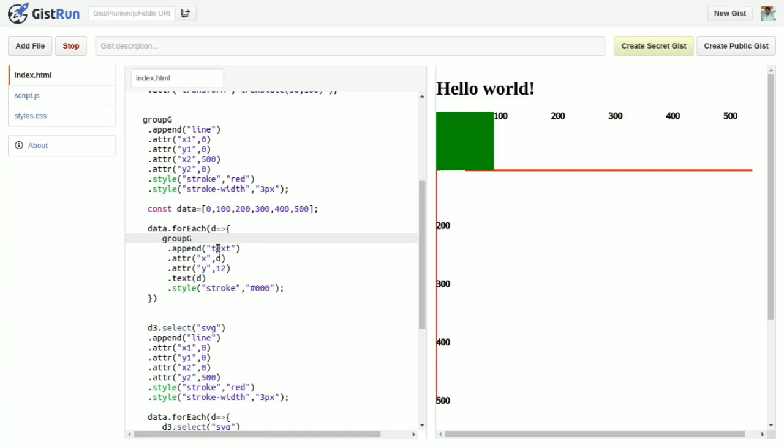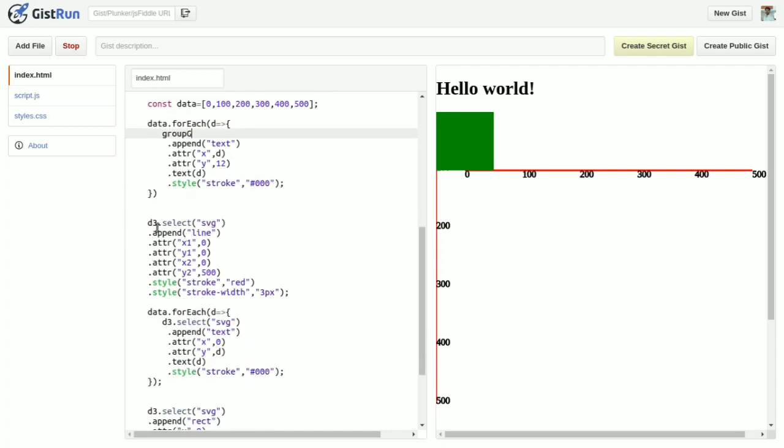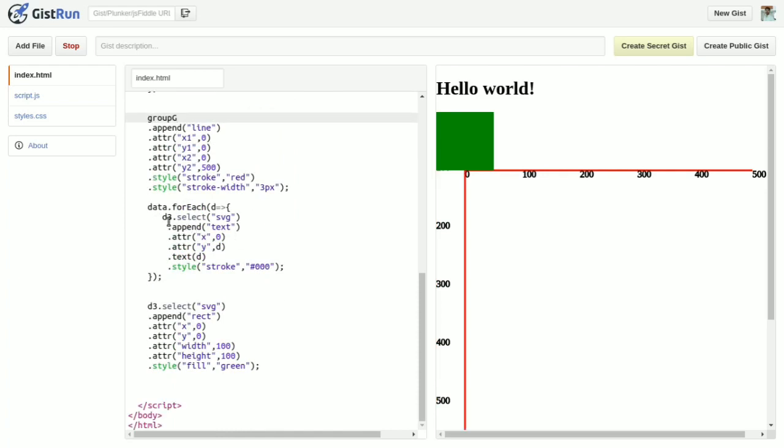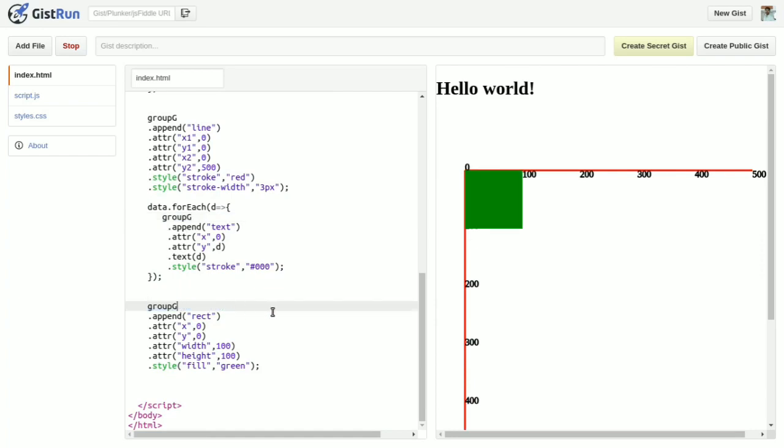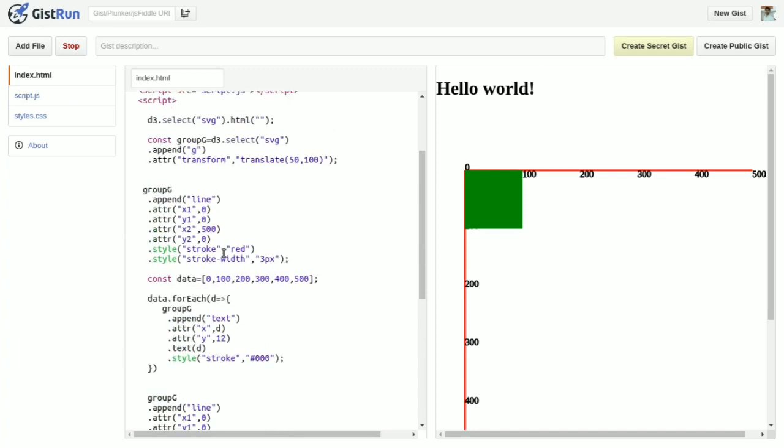Same for text, same for vertical line, same for text in vertical line, and same for rect. So you can see that whenever you have the group element and you append any element inside it, its coordinates will start from that group's 0 0 coordinates.